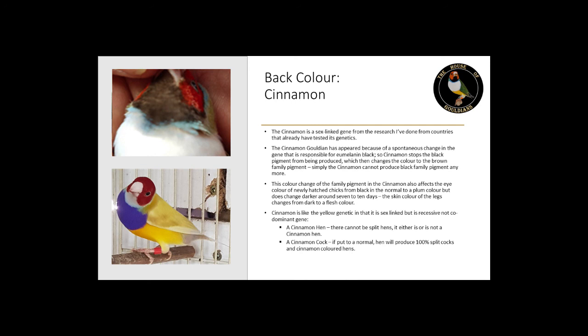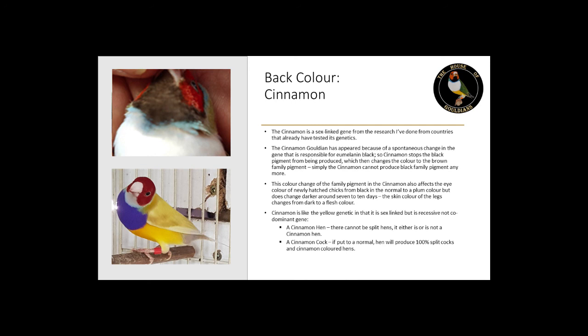if you have a look at the rump section of the bird, you'll notice that the colouring is off. It's more of a pink rump colour, and this is a giveaway for the cinnamon gene. You'll also notice the slight difference in colouring on the wings of the bird, and the most obvious change in terms of the bird is if you look under the beak of the bird where the black would normally be, you'll see that cinnamon changes it to a red colour. And that is a dead giveaway that there's something else going on. The colour changes